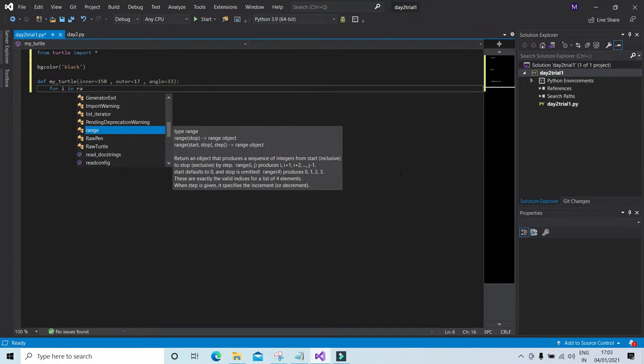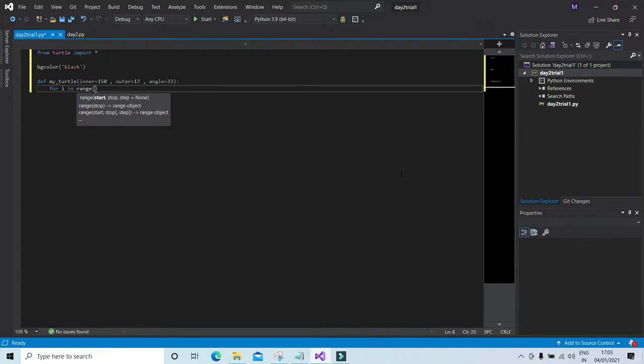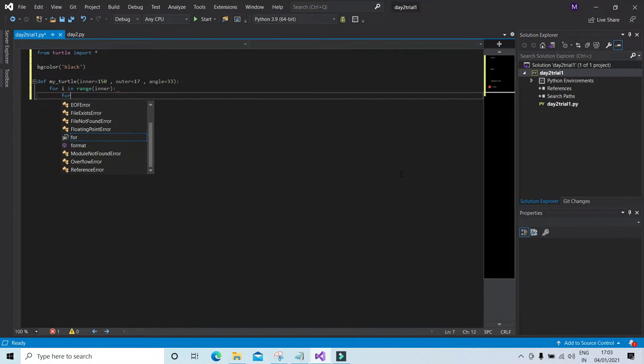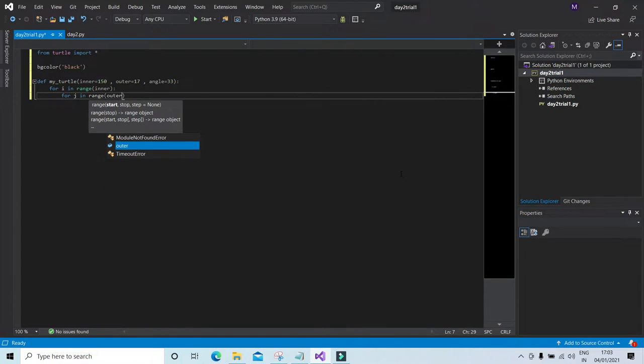In the first one will be in the range inner, and for the second one will be in the range outer. Now first of all, I would like to explain what the inner and outer variables actually are.